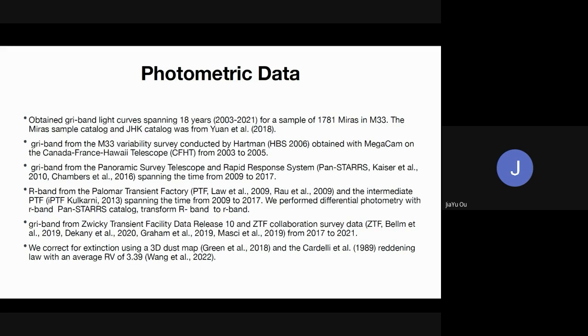And we also collect the PTF and iPTF data in R band. And we use the Pan-STARRS catalog and differential photometry to transfer the big R into the small r band. And we also collect the GRI band with the ZTF data until 2021. So the whole light curve spans 18 years. And next